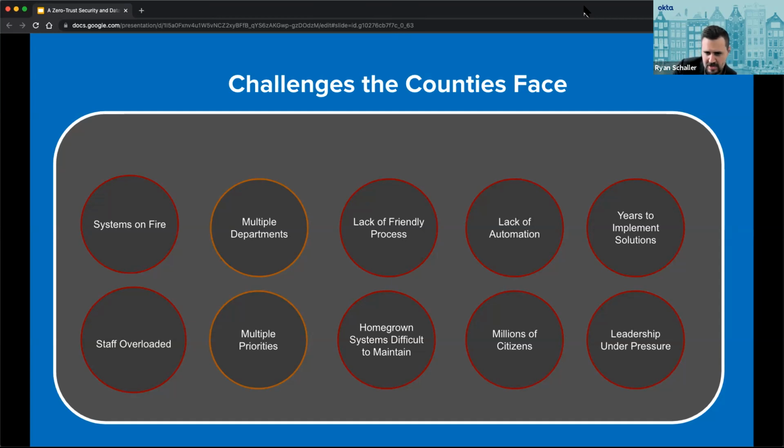So from that, the other thing catering to these unfriendly processes is that you built identity or you built applications yourself, and you just have a dated perspective as far as credentials and the overall footprint of where your perimeter lies and the people that are accessing it. The other thing that's important to realize is there are millions of citizens in some of these counties. Some of these counties are fairly large. We'll go into some of those success stories today.